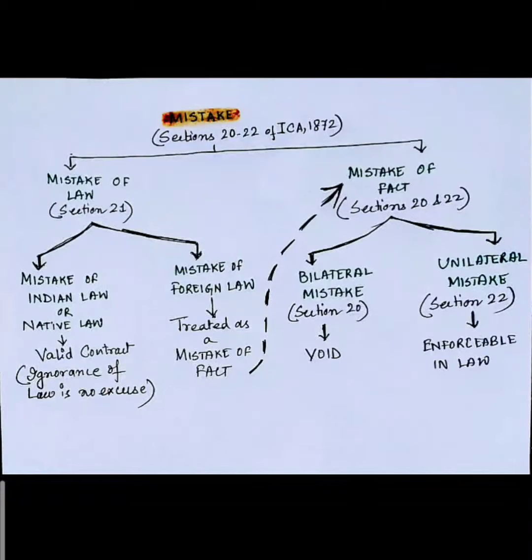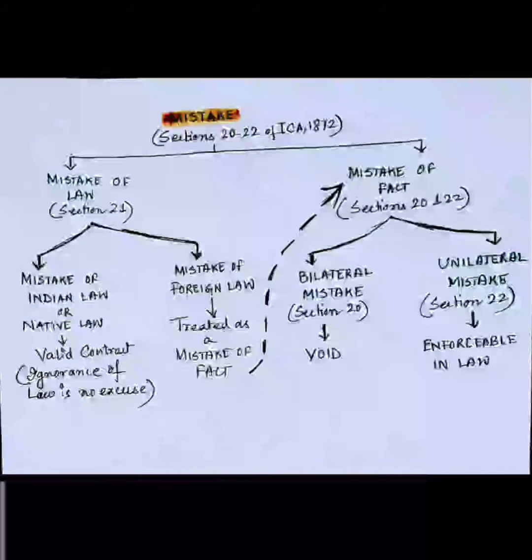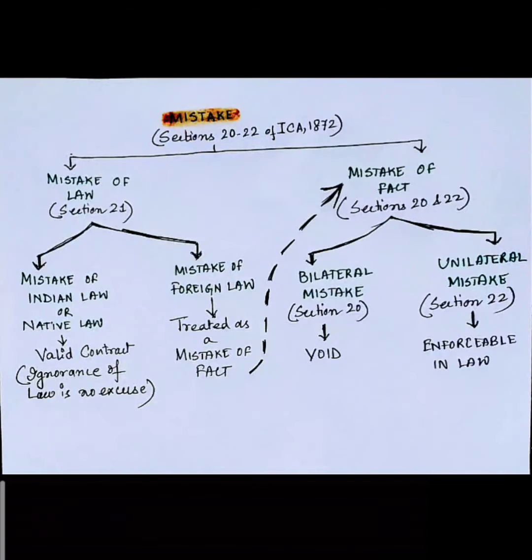Now, in our previous lecture, we had studied about mistake and effect of mistake on the contract. To be specific, we just completed the first kind of mistake, that is effect of mistake of law on the contract. A quick recapitulation of that thing is that mistake can broadly be of two kinds, mistake of law and mistake of fact. And mistake of law is again of two kinds, mistake of Indian law and mistake of foreign